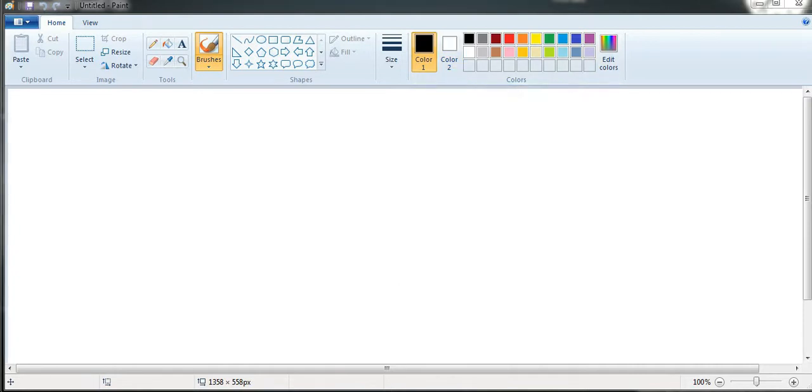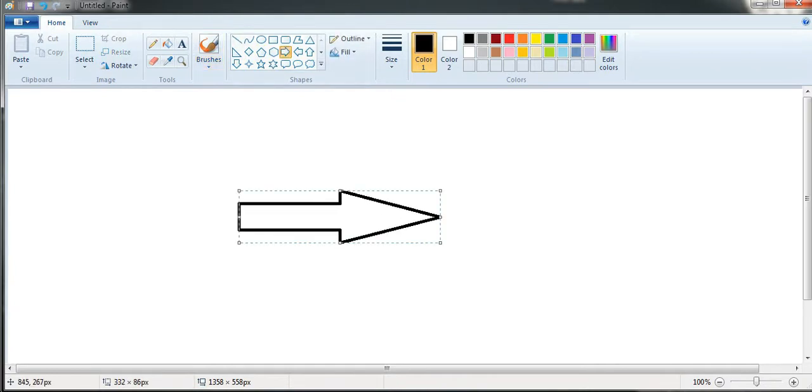Now we will discuss the various options that we can use in Paint. Suppose that we have inserted a shape, and by using this fill bucket tool, we can fill the color here. Now we can easily understand all options one by one.